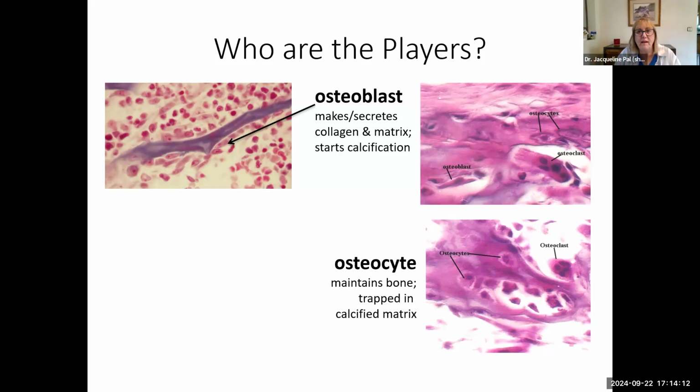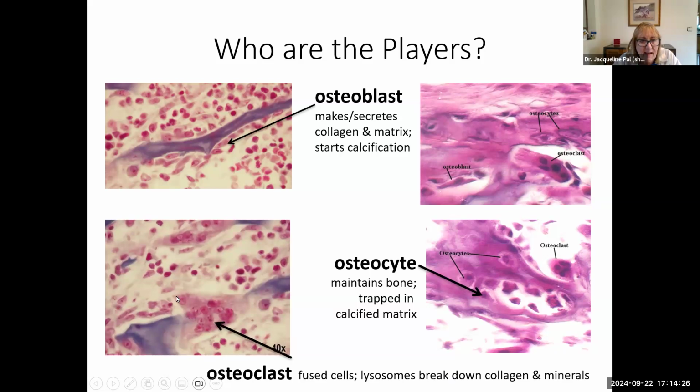So those are the two main players, but there is a third one that's unrelated to the osteoblast and the osteocyte. It comes from a totally different precursor cell, and it is called the osteoclast. And it is this big cell right here. It's this huge cell, and notice it has a lot of nuclei. Here's another example in the lower right, an osteoclast showing half a dozen nuclei. And this one up here in the upper right is a great example because not only does it show the multiple nuclei, but it also shows the little ruffled edge that all the osteoclast has.